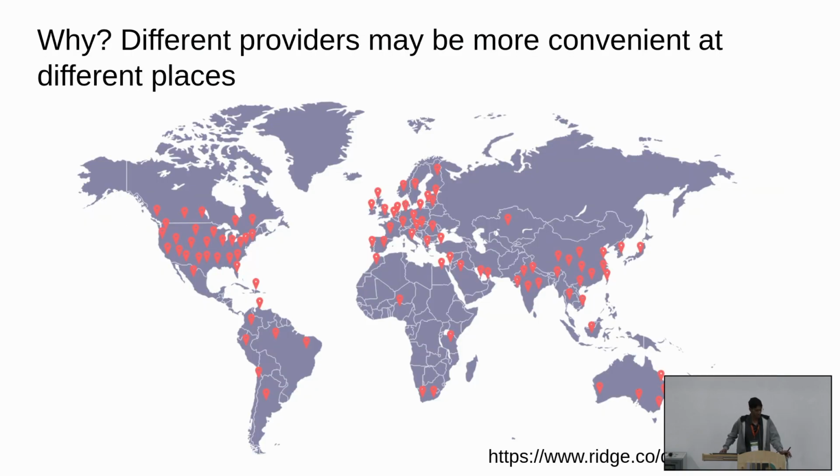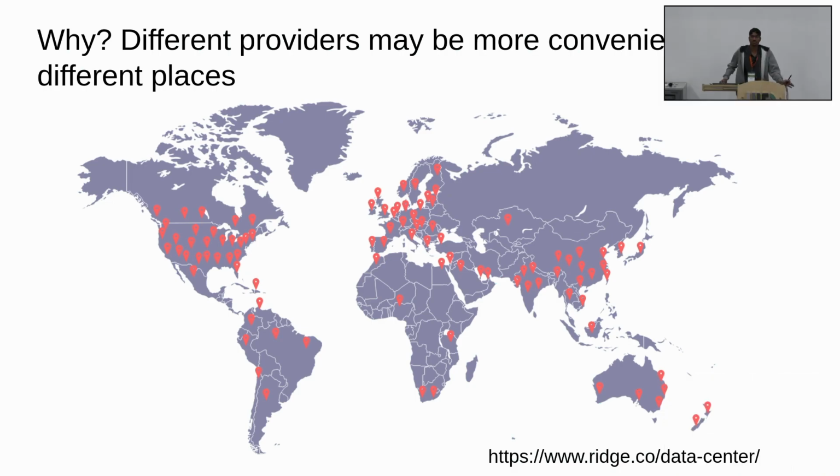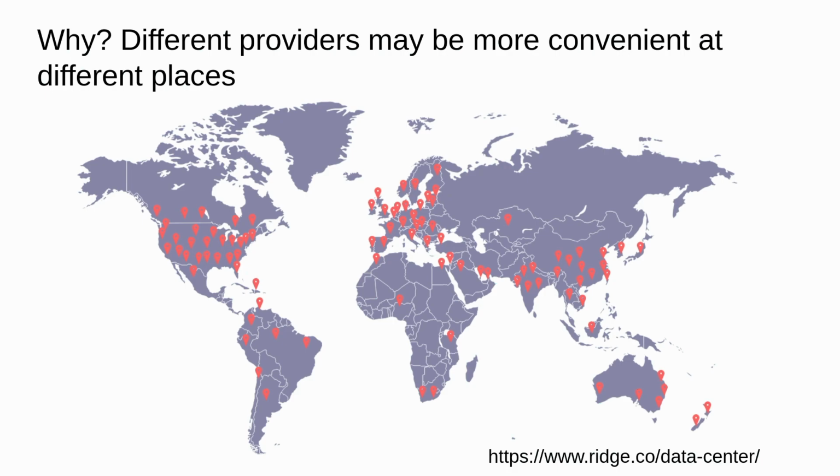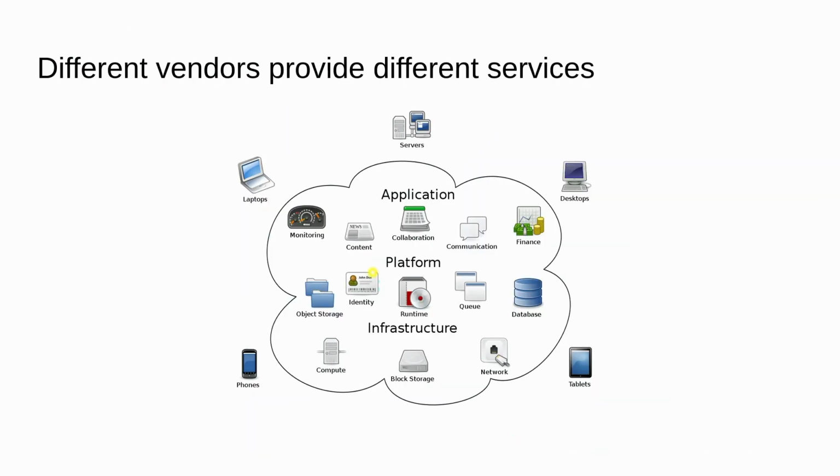But it's not as easy as just saying it. Where do you go? You go to a cloud provider. Each of the cloud providers has their own locations. They try to cover the world, but their locations are not necessarily exhaustive. You might find that in one country a particular cloud provider is giving you the best option in terms of closeness, but maybe that company is not even there in some other country. At that point, you are forced to go to a different company in a different country, for example.